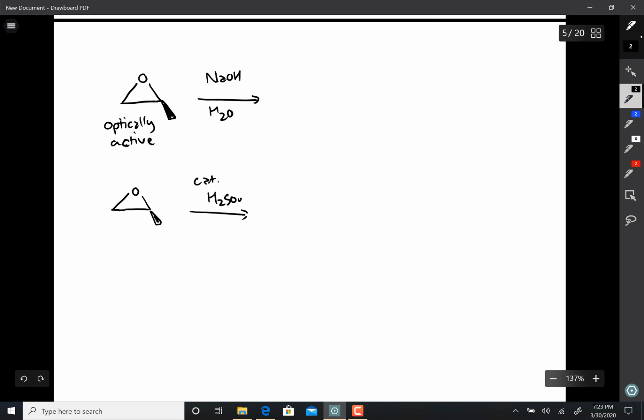acid and water. Now I'm using catalytic acid because you never want to use a lot of sulfuric acid on a lot of these substitution reactions because you can start getting side reactions. Here's sodium hydroxide. You can use a catalytic amount of this or not. It doesn't matter. Here you really should use a catalytic amount to avoid messes. But regardless, what's the product? Then once you get the product,